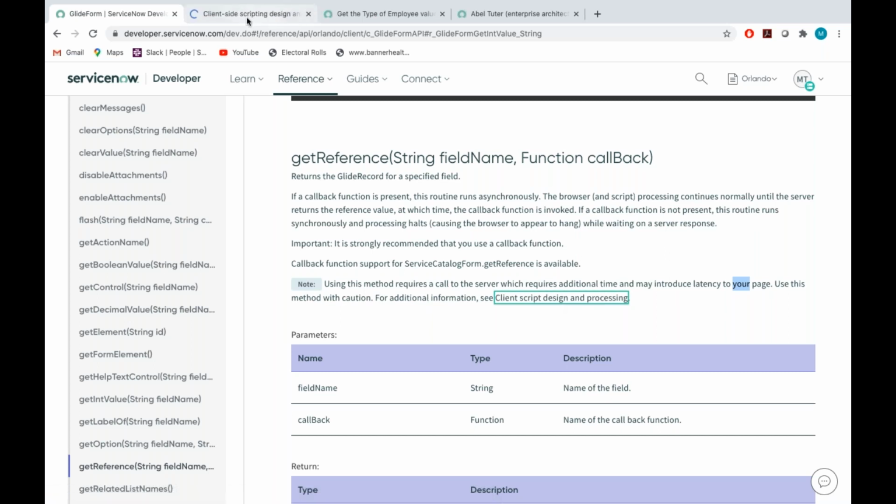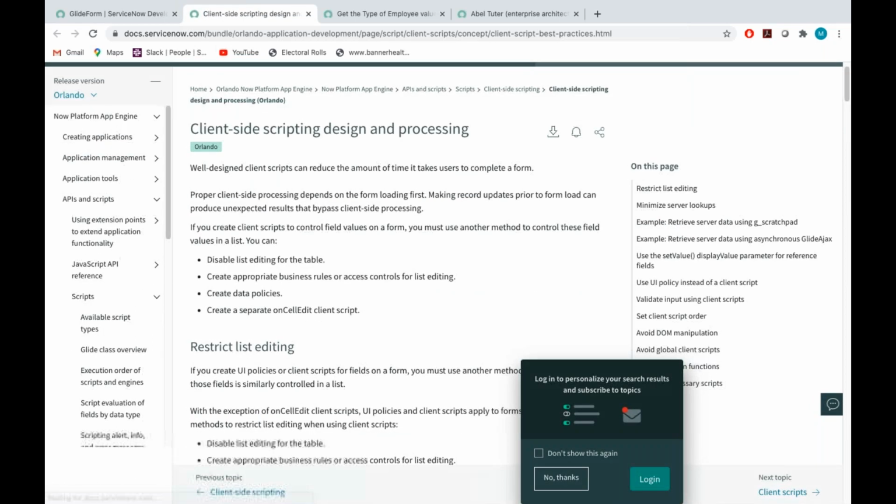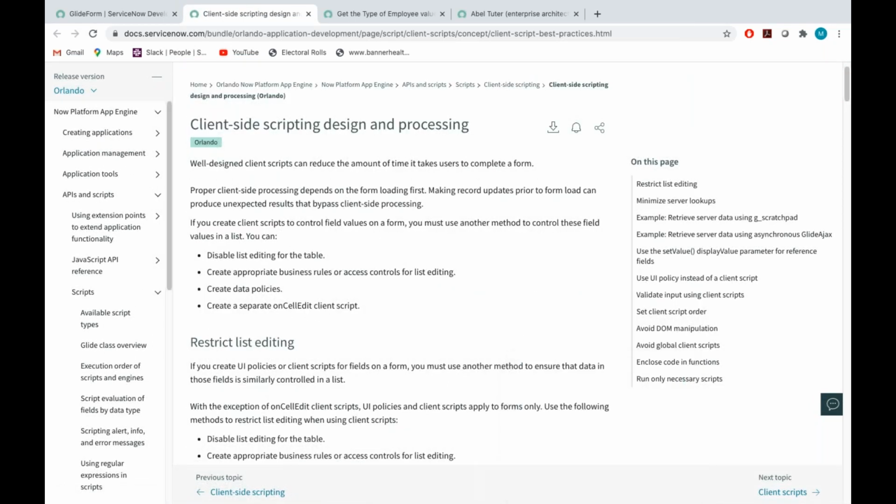It is not required, but I can say the getReference method is used to interact with the server. It will give some kind of information for us. This method is not a good practice to use, but sometimes we use it to populate values. What kind of values? For example,